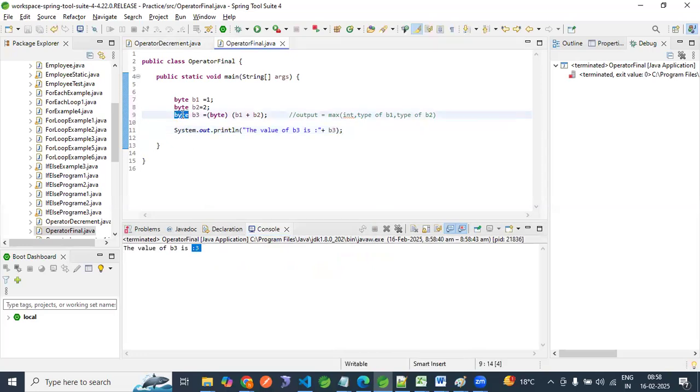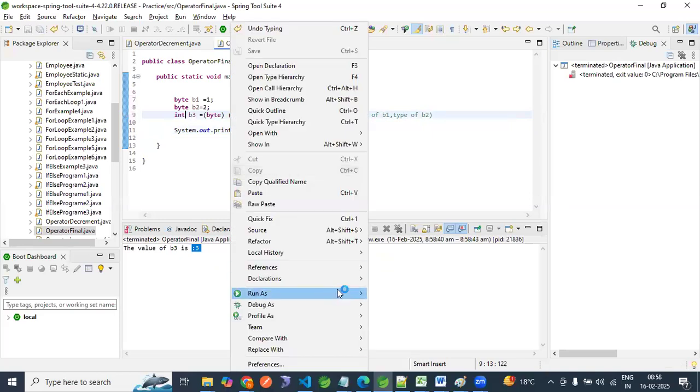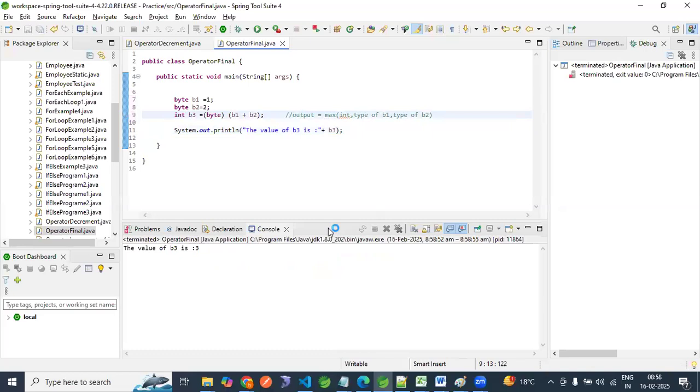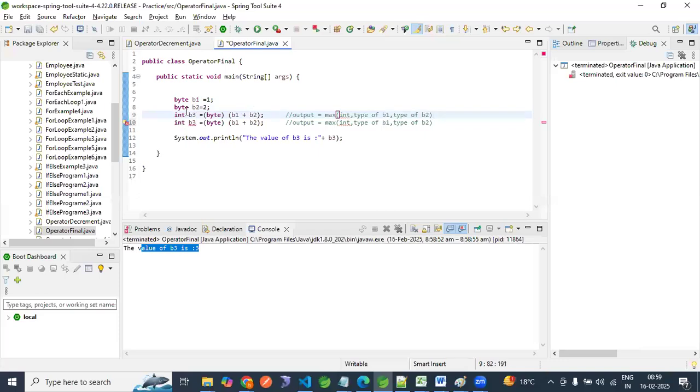Now int. Same output, right? I am changing int also. No change, right? Because byte is smaller than int. Int can hold byte, but byte cannot hold int. If I am using this statement, copy this and paste here. If I am using byte here,